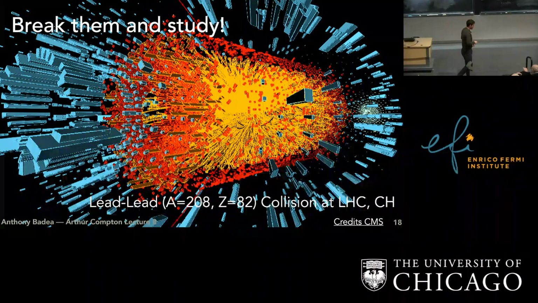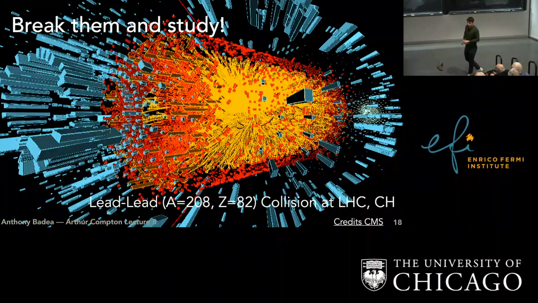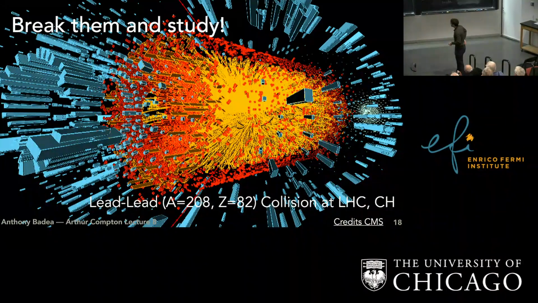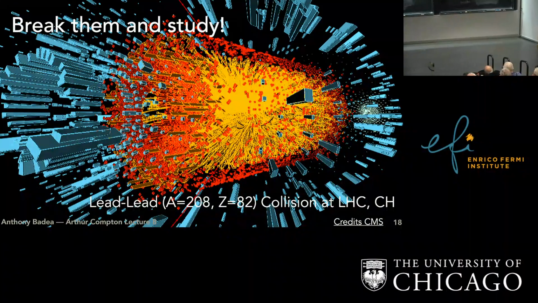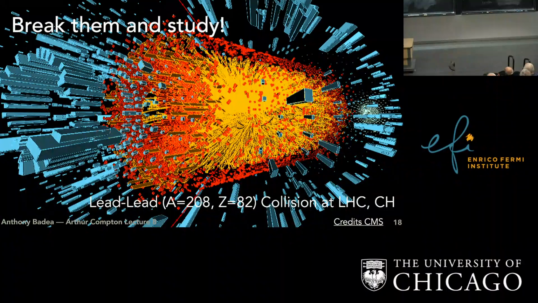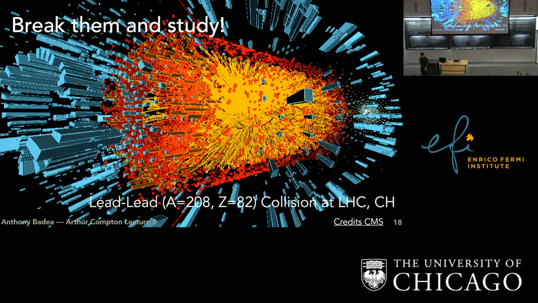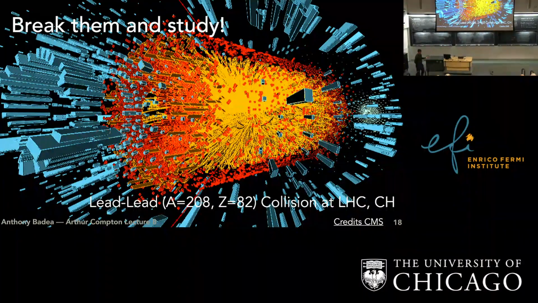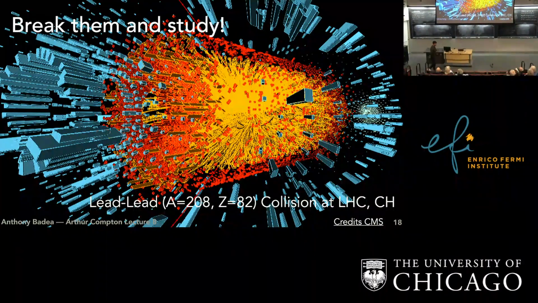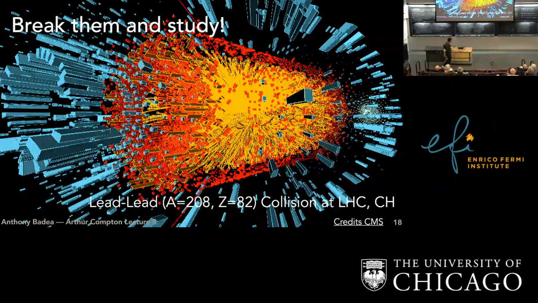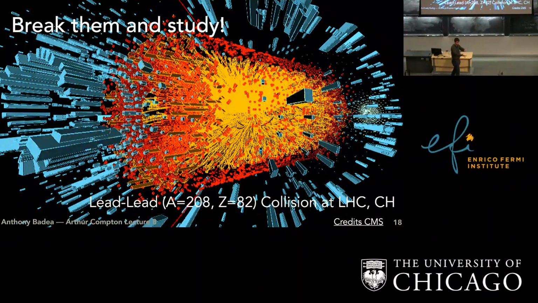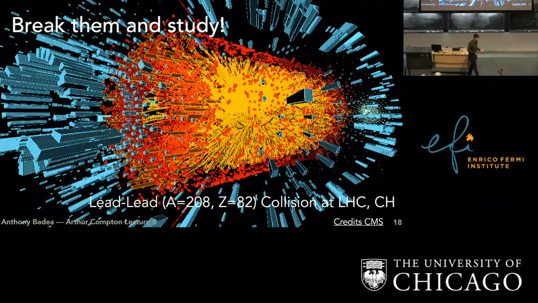Is there a name for this soup of melted protons? What's it composed of? Does it have quarks and stuff just floating around? Yeah, so the question is, is there a name for this kind of soup? One thing people call it is a quark soup. The more technical name is the quark-gluon plasma. And it's exactly as this name describes. It's a state of quarks and gluons just sloshing around in a plasma-like configuration.